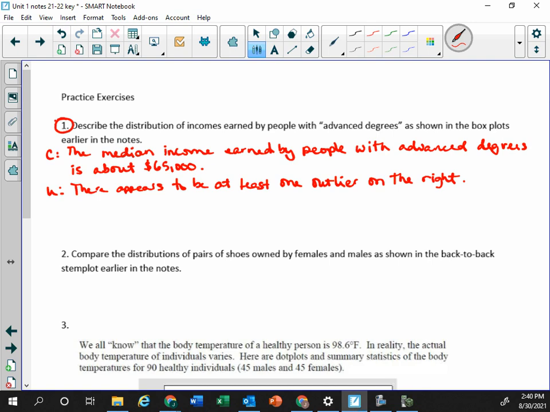So that'll come when we talk shape. Yep. And then again, when we do shape, I'll do that one next. Again, go back to context. Don't just say it's skewed right. Yes, you and I both know what you're talking about, but you won't get full credit for that. Okay, so the distribution